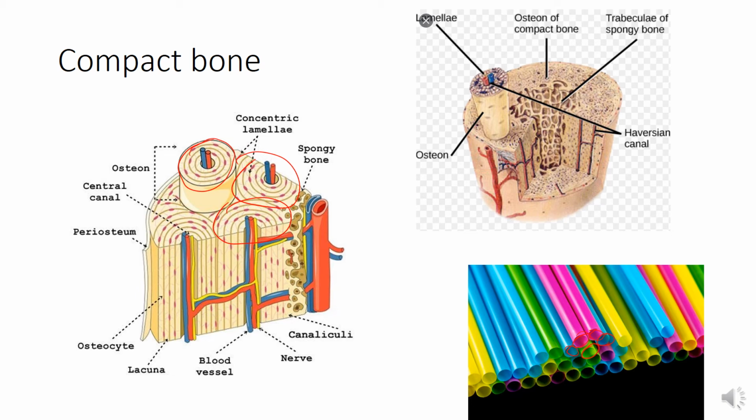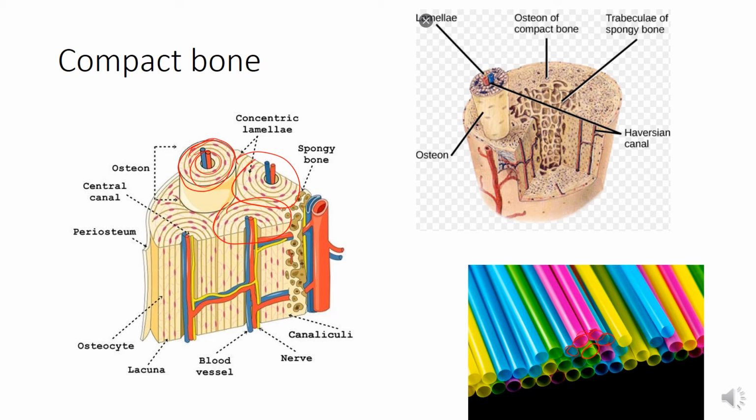Now these osteons or the Haversian system, each of which is made up of a central canal surrounded by a series of expanding rings similar to the growth rings of a tree. So here you can see the series of expanding rings, and this is the Haversian canal in which the blood vessels are lying. Osteons tend to be aligned the same way that the force is applied to the bone. So, for example, in the femur, they run from one epiphysis to another epiphysis, and this gives the bone great strength.